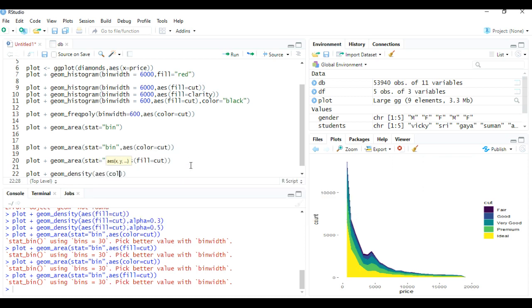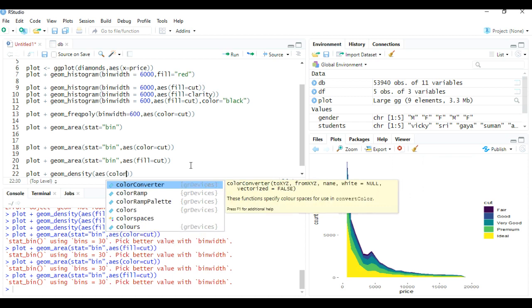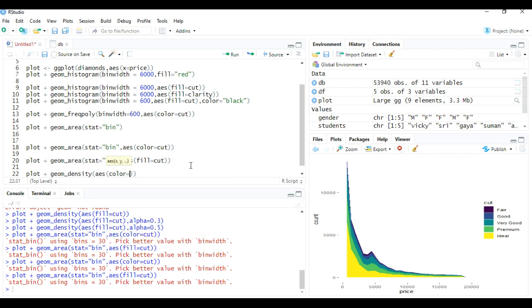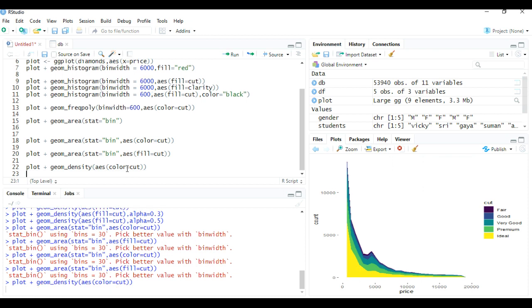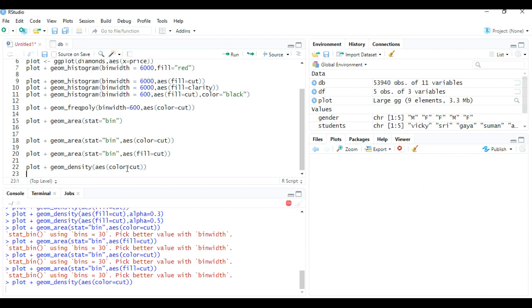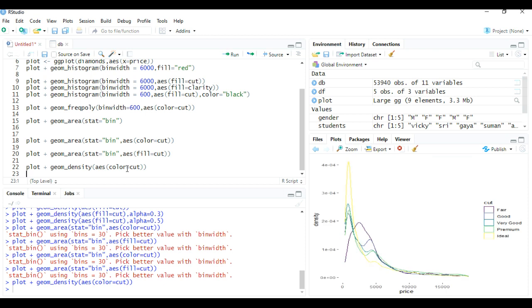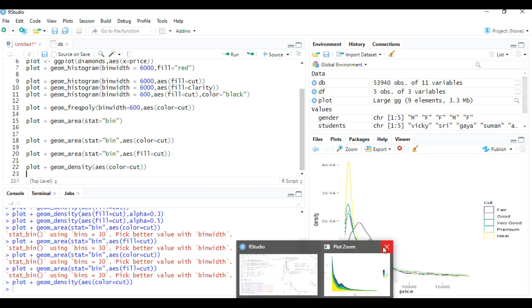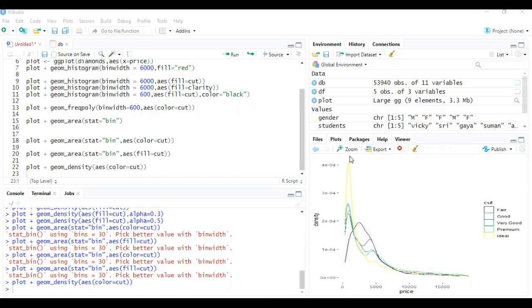Inside that color equals to cut. Based on the cut I am going to classify my graph. So let's run this line. Yeah, as you see, we got a graph. I am going to zoom this graph.